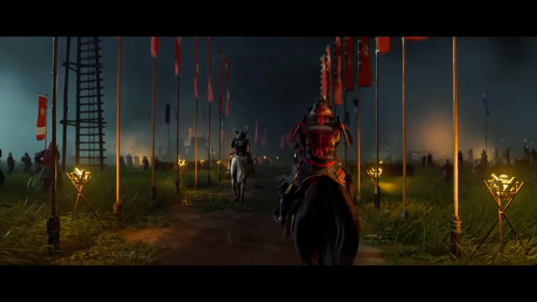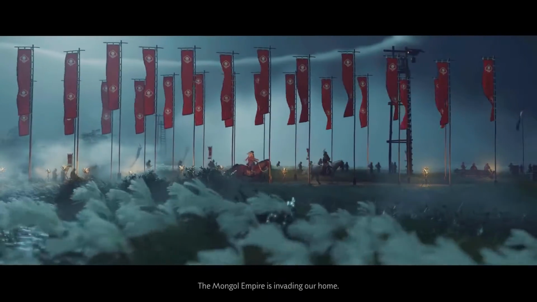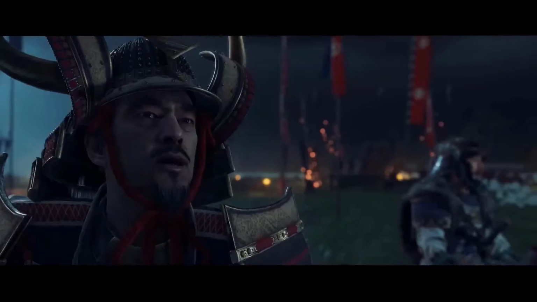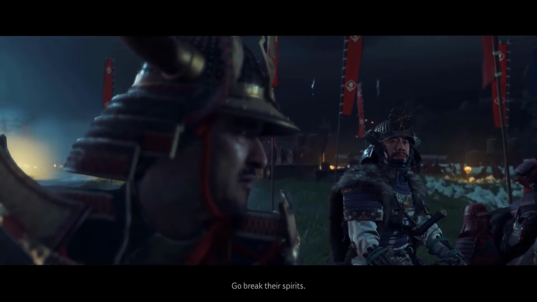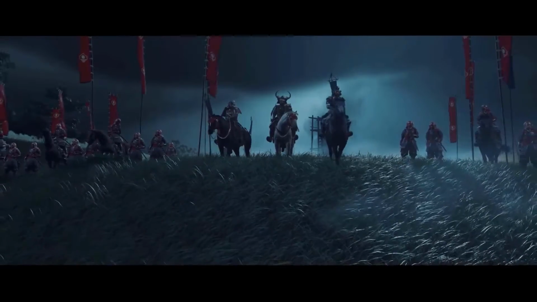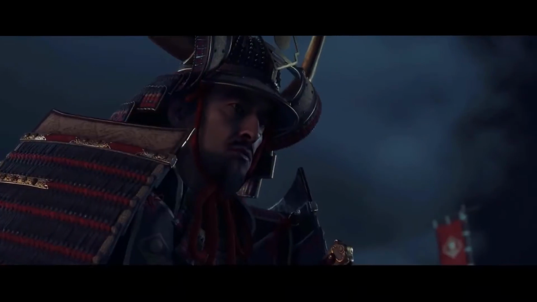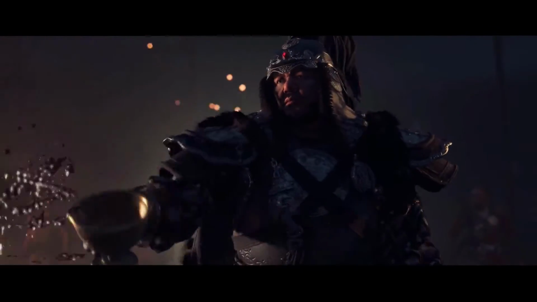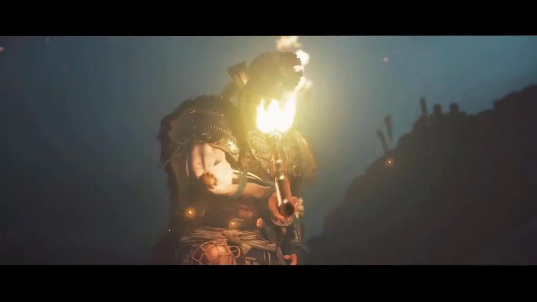Ghost of Tsushima begins with the samurais of Tsushima's island getting ready to go into battle with the great Mongol army. The leader of the samurai, Lord Shimura, sends their best warrior, Lord Adachi, to break the Mongols' spirits. But unlike the samurai, the Mongols don't fight with honor or by a code, so in a sort of unexpected way, the Khan, the leader of the Mongol army, throws his drink over Lord Adachi, making him flammable, and burns